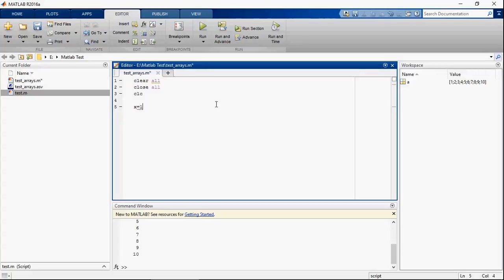Now you can also create an array in the following way: x equals 0, 0.1, 1. So this will create an array starting from 0 to 1 in steps of 0.1.